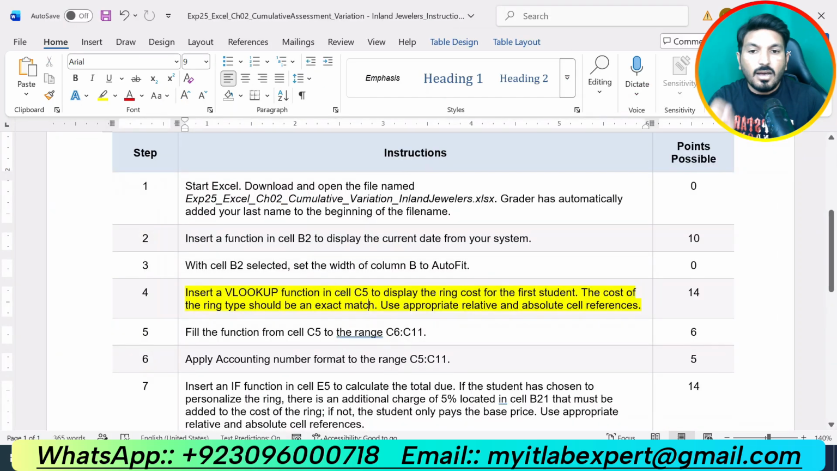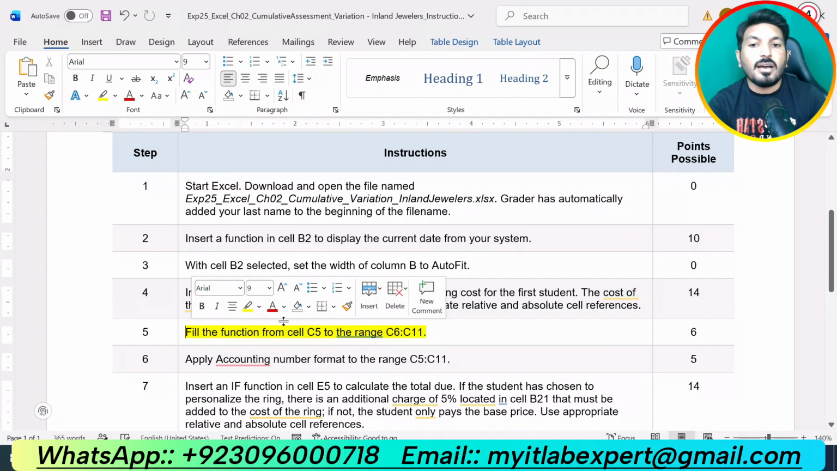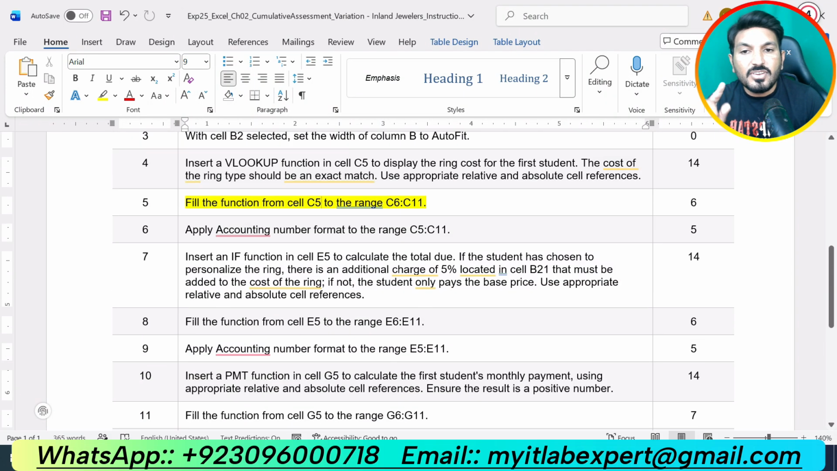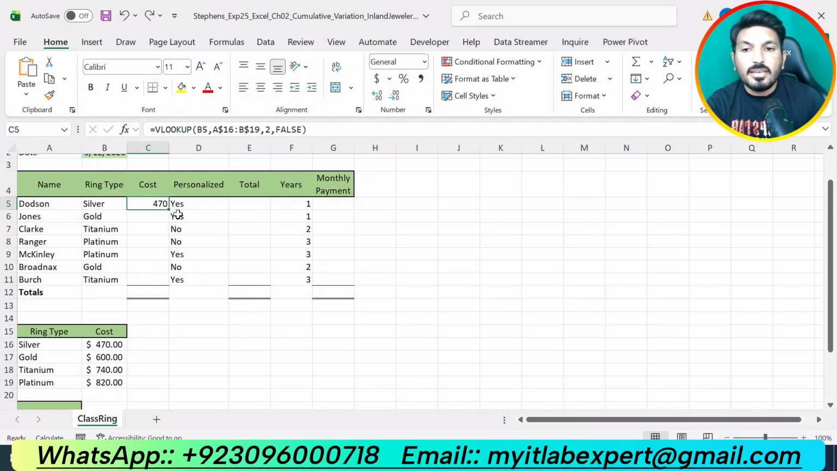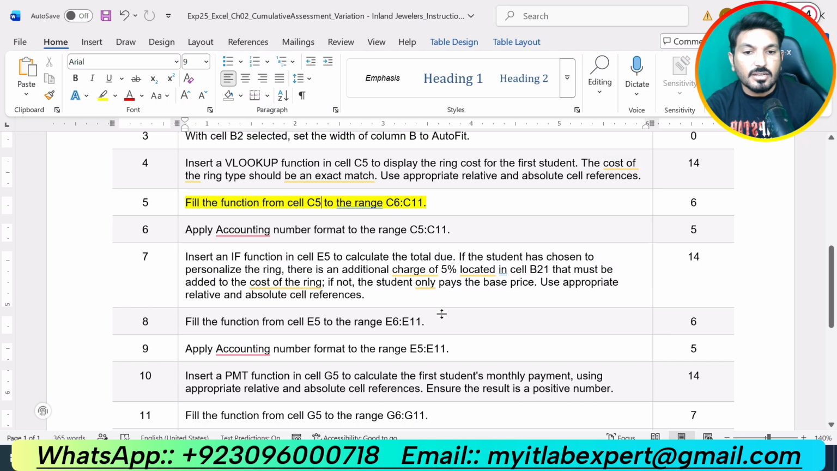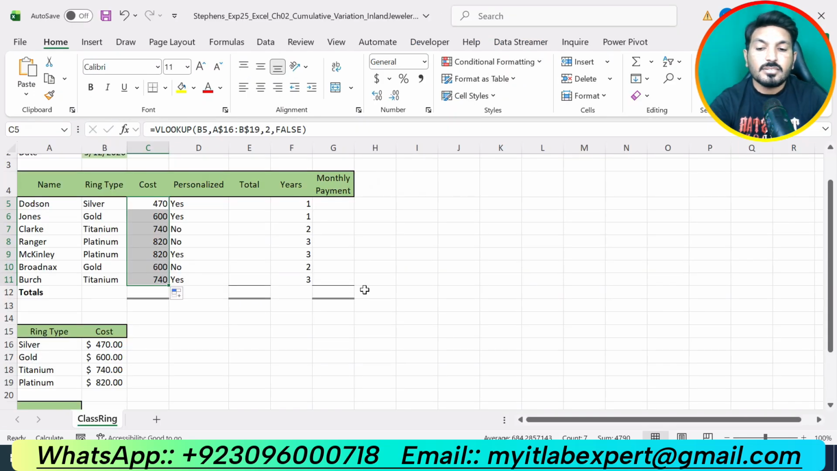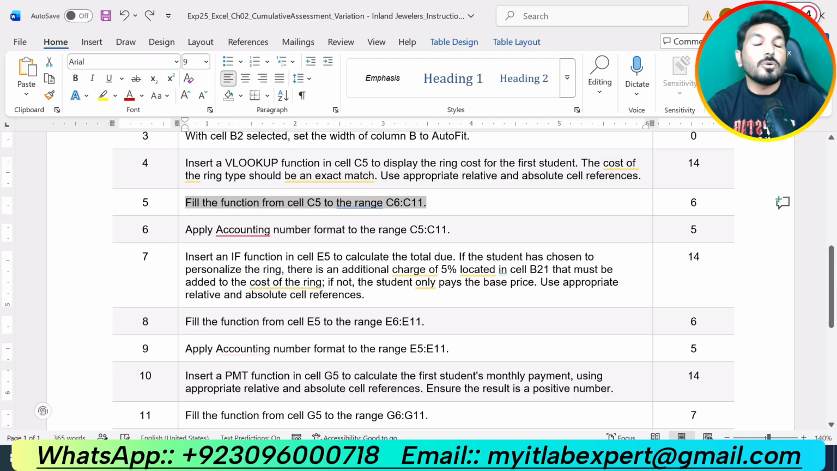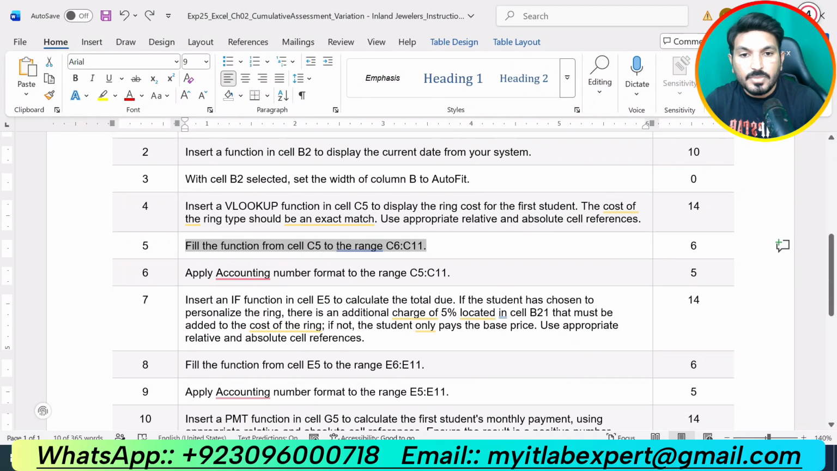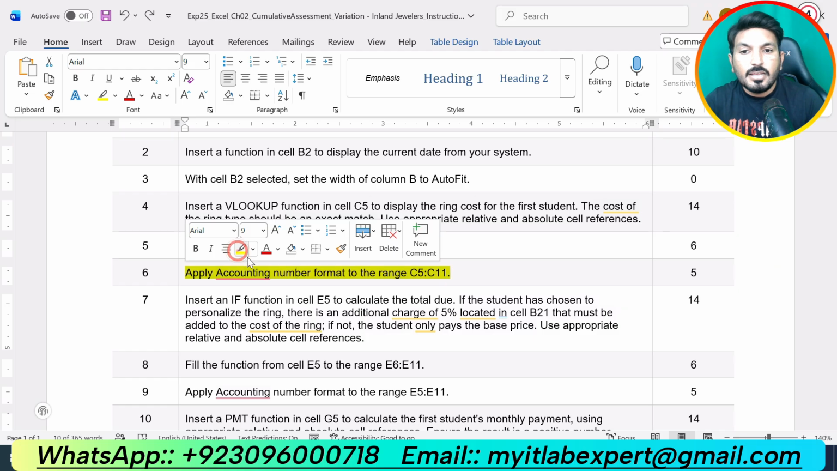So that is all about step number 4, and I have already solved step number 5 because we were supposed to use the fill handle down from cell C5 up to cell C16 to get the other values. So now you can see that I use fill handle by dragging this dot down up to C11 as mentioned in the instruction, so that we can get the other ring type cost. So that is all about step number 5 as well. So we have solved 5 steps of this assignment so far. So now we're going to do the next step of the assignment, that is